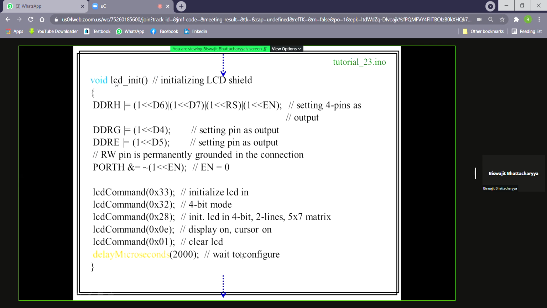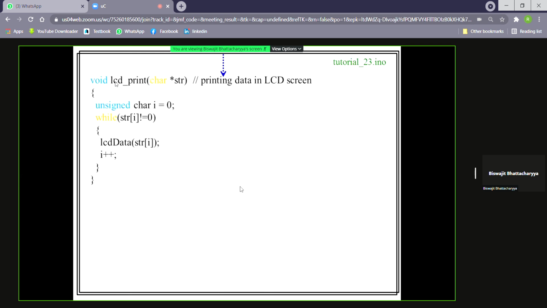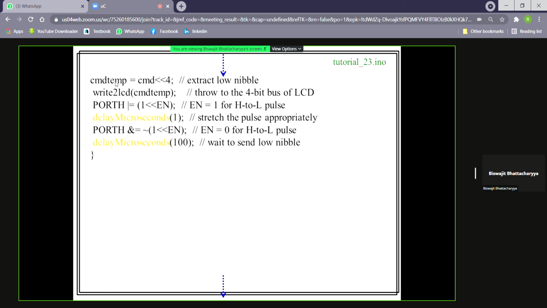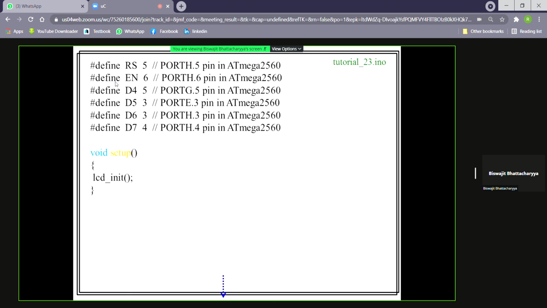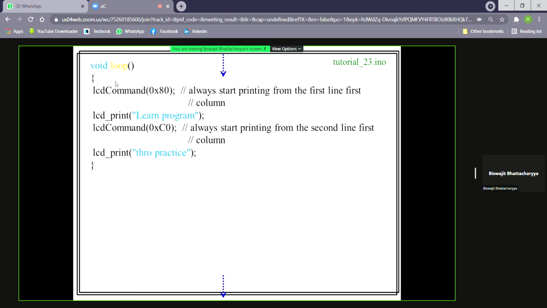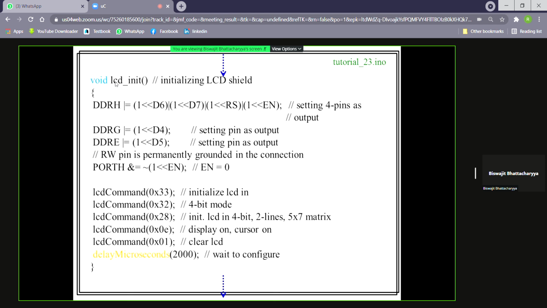Then LCD initialization, and then LCD print, what to print, what to show. So that is the structure of the program. First LCD initialization, then LCD command, LCD print. That is the entire structure.